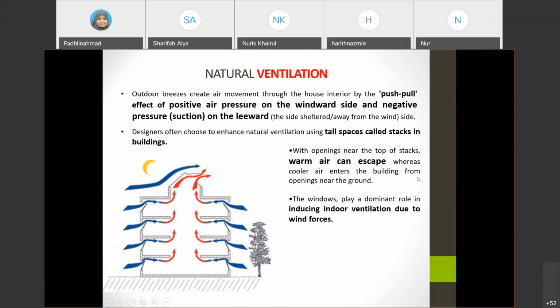The window plays a dominant role in inducing indoor ventilation due to wind forces. So they are trying to put in cross ventilation, and then it creates the stack effect. Okay, so the cool air comes from the bottom of the building, and then the warmer air will go up through the building. Okay,